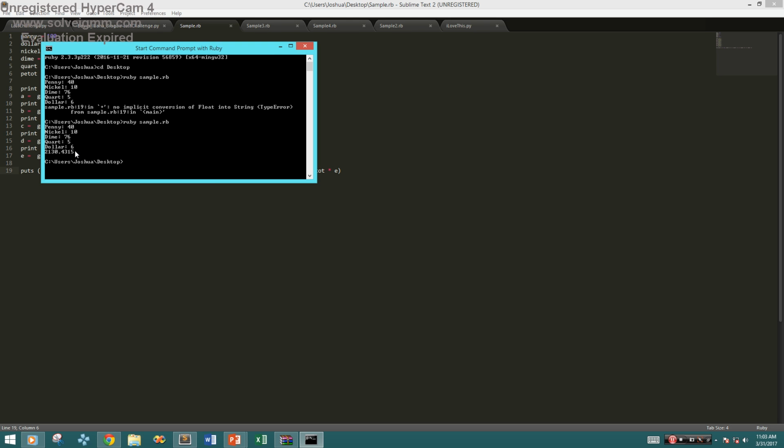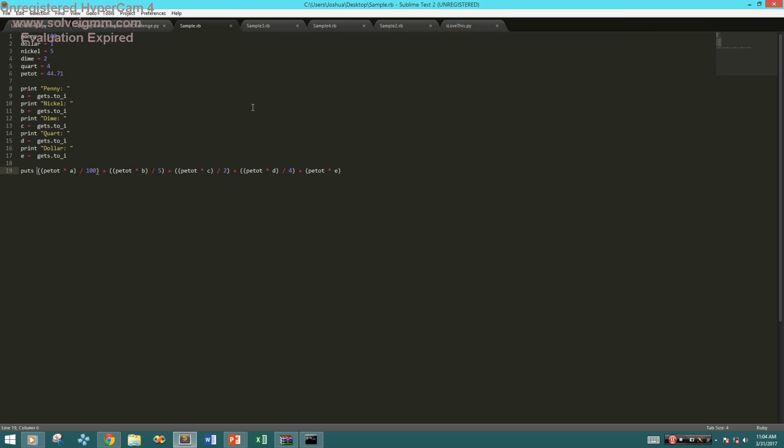This is the equal peso value, 2,130.4115 pesos. So this is the solution for the problem of converting dollar, penny, nickel, dime, and quarters into peso. So we proceed to the next problem that stated that